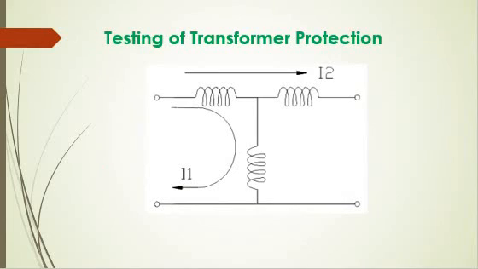Let us see the testing of transformer protection. The individual current transformers and the overcurrent relays are tested. The operation of the transformer differential relay is tested by injecting current into the CT secondary circuit. The basic pickup of the relay is tested by passing a current through one restraint coil in series with the operating coil. In order to test the restraining characteristics of the relay for through faults, two current sources are used as shown in the diagram. The pickup current I1 is measured for